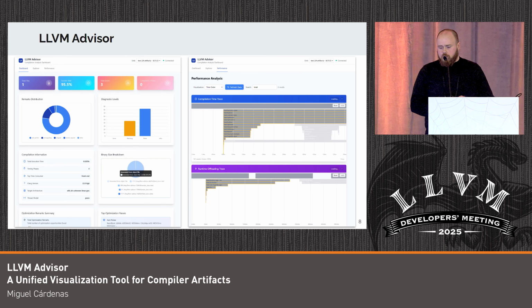And finally, you can see all this data organized in a modern way